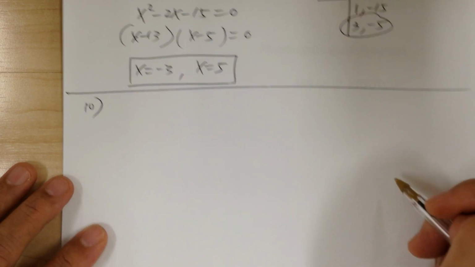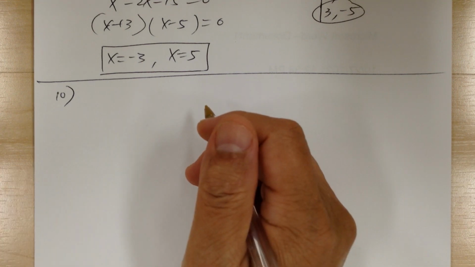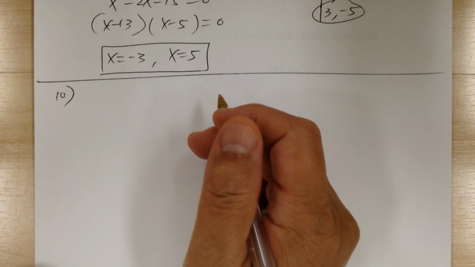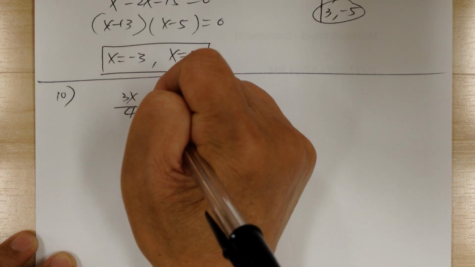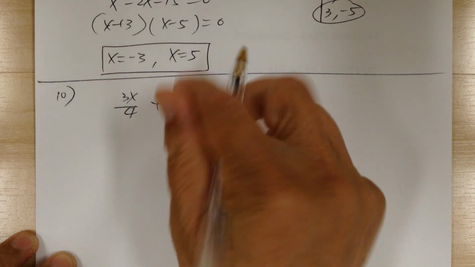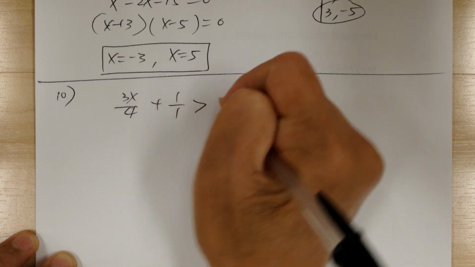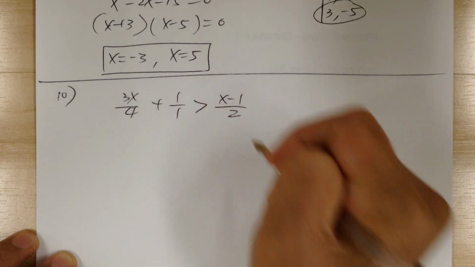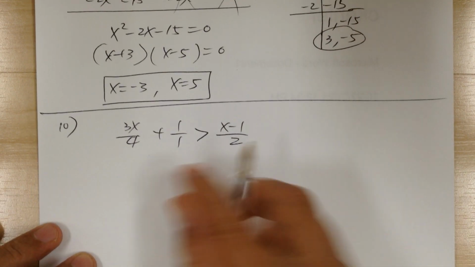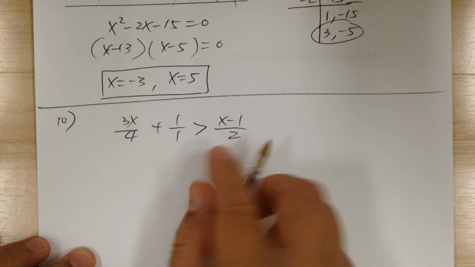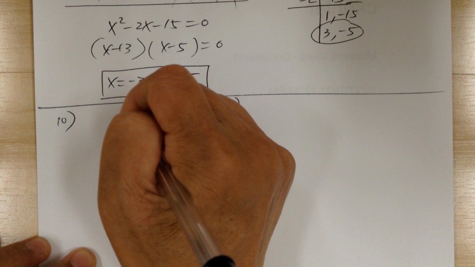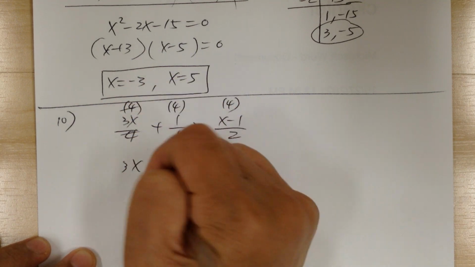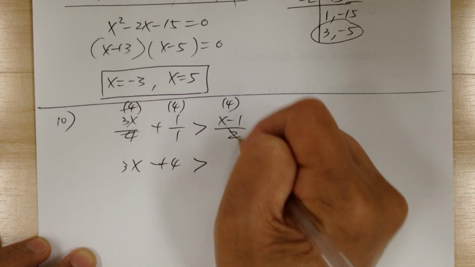Okay, number 10. You have 3x over 4 plus 1 over 1, again I'm putting it in fractional form, is greater than x minus 1 over 2. So we multiply by the LCD to get rid of the fractions. Multiply by 4, so this cancels out. So you get 3x plus 4 is greater than